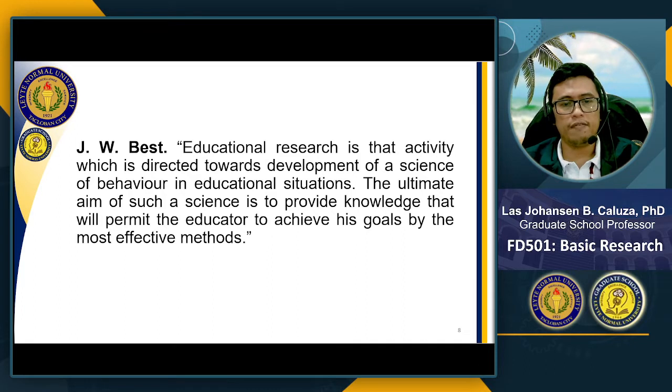J.W. Best defined educational research as the activity which is directed towards development of a science of behavior in educational situations. The ultimate aim of such science is to provide knowledge that will permit the educator to achieve his goals by the most effective